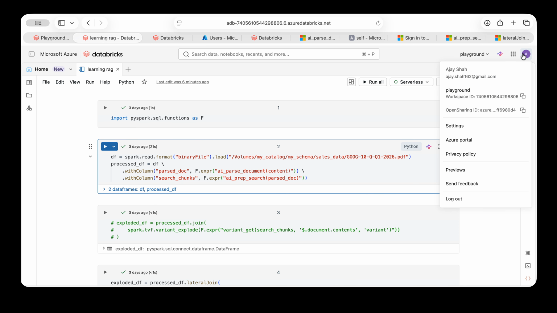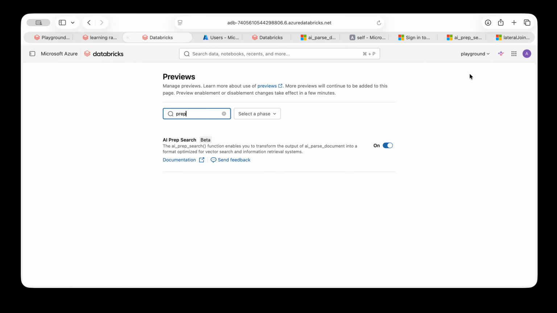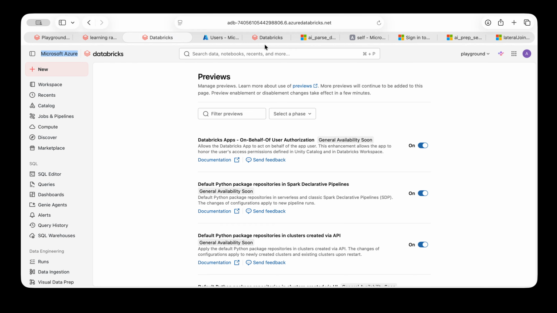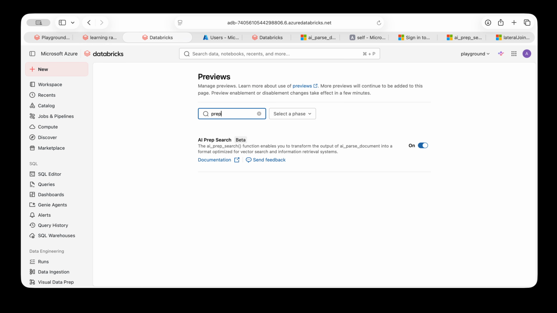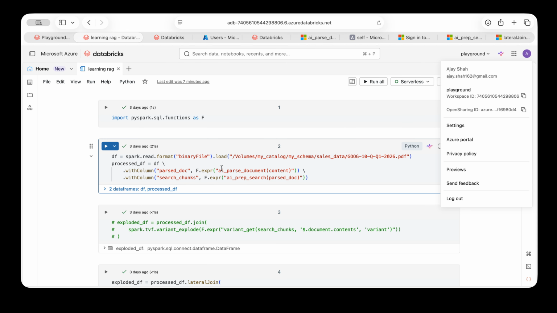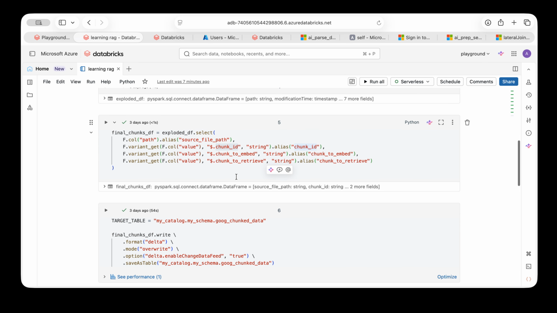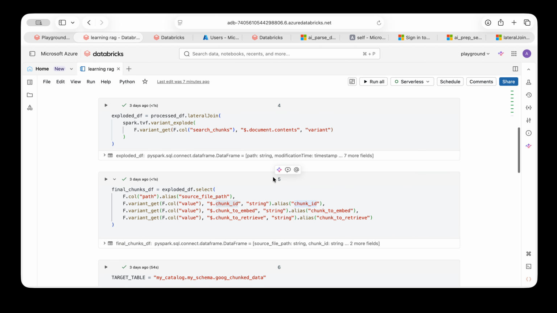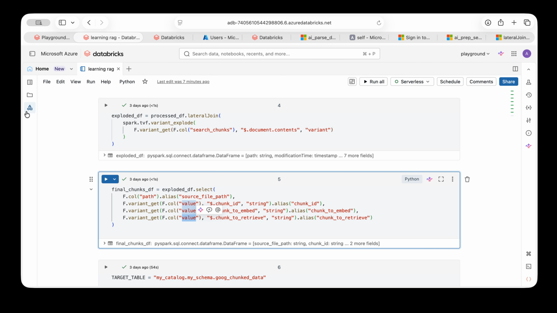Again, let me just walk over the important things. First things first, you go to preview, okay? You hit the preview here in your workspace. You won't find this in your accounts. I tried doing that. In your preview, you search for prep or AI or something. You have to turn this on, otherwise this whole thing won't work. It will fail in your save method. First thing, you read it, you parse it, you chunk it, you save it,